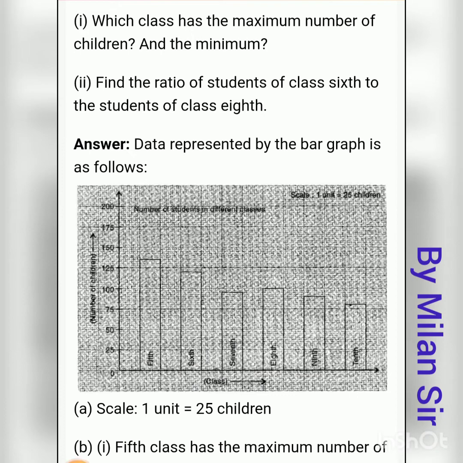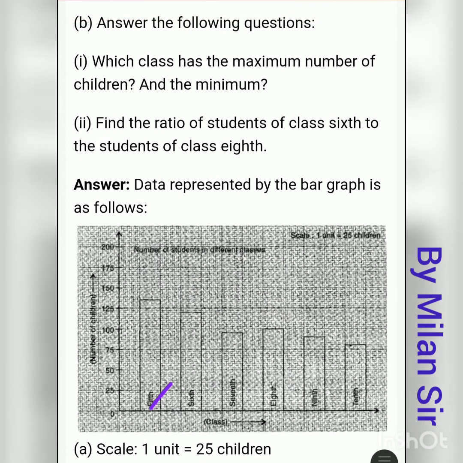That means we need to use the first box. After that we need to leave one box blank. We use the third box, then again leave one. We use the next one, again leave one. So in between we use one box here, and here the remaining space is there. So here 5th, 6th, 7th, 8th, 9th, 10th. This is the blank portion, here we do not need to represent anything.